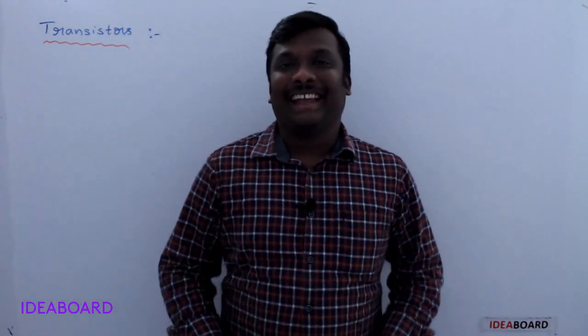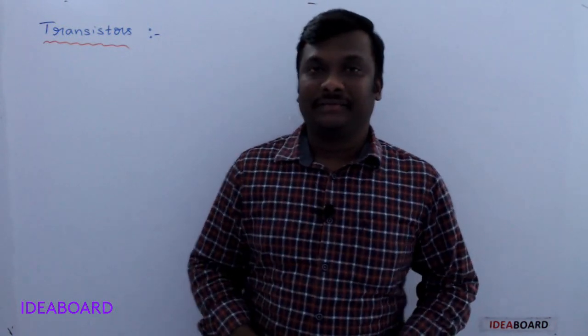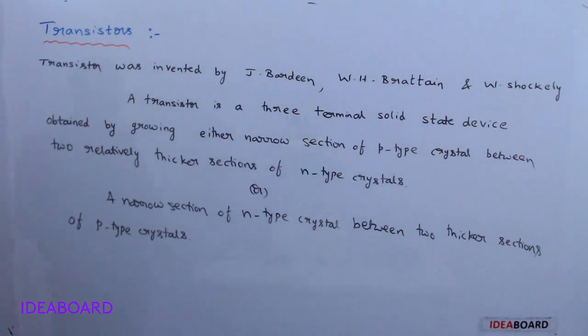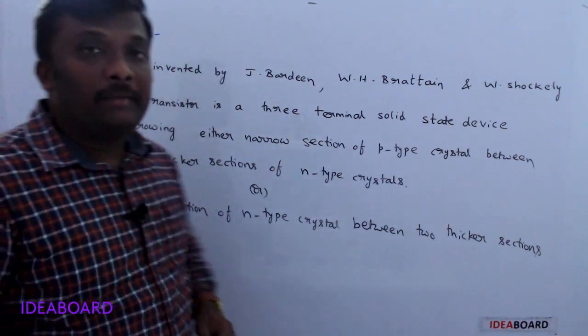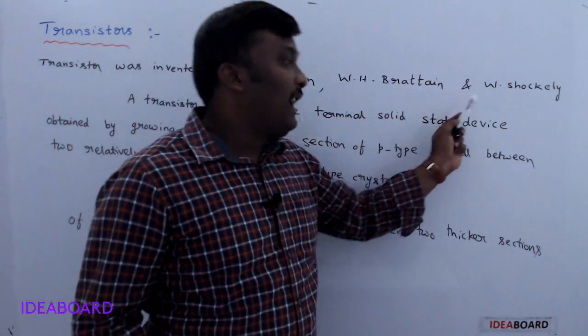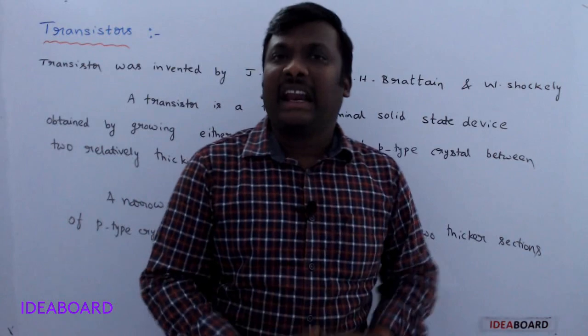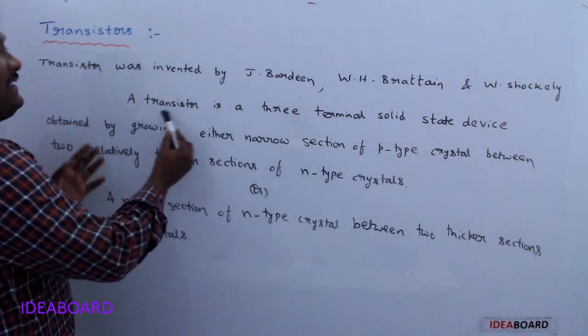Hi students, in today's section we are discussing transistors. The transistor was invented by J. Bardeen, W. H. Brattain and William Shockley. Okay, what is a transistor? A transistor is a